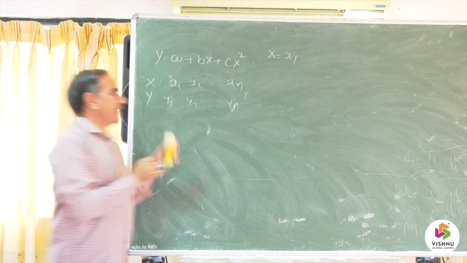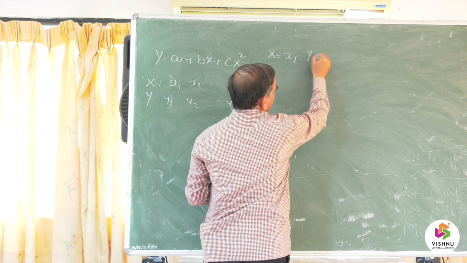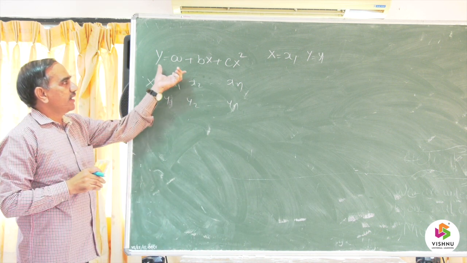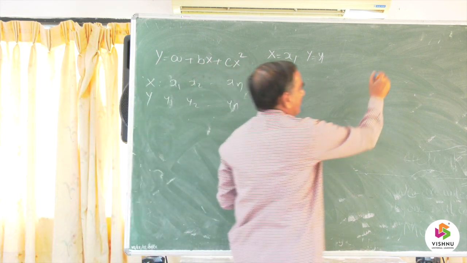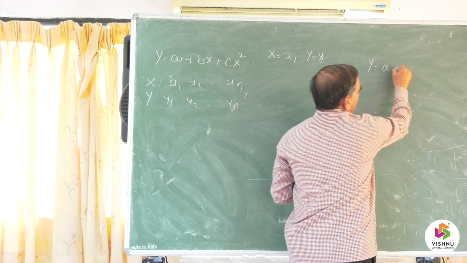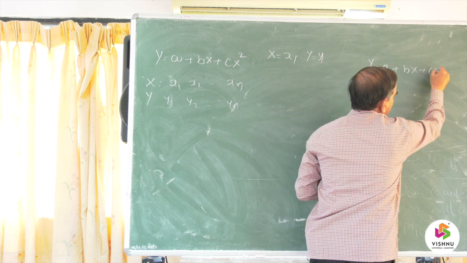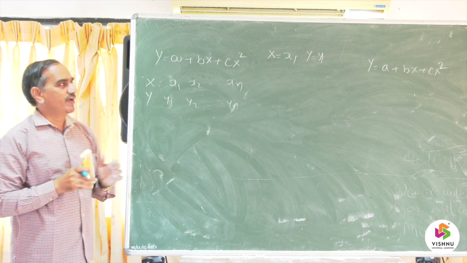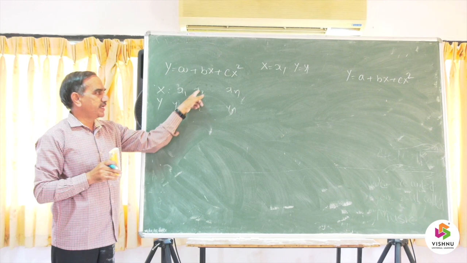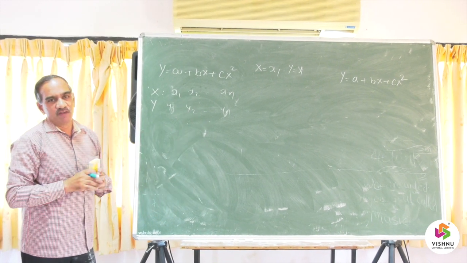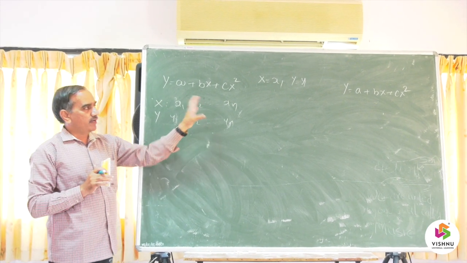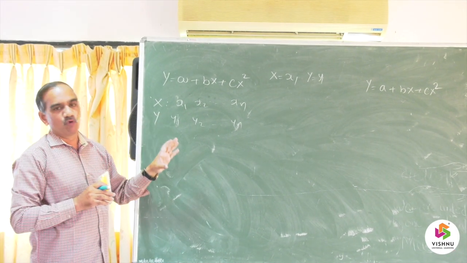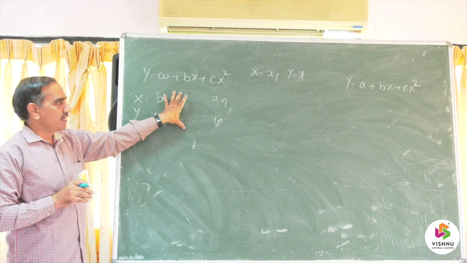And at the same time, y is also given, y is equal to y1. Okay. So as a first step, let us take one curve, y is equal to a plus bx plus cx square. Let us suppose that this specific curve is the best fit of second degree parabola to the given data for the time being. For the first step, we want to fit y is equal to a plus bx plus cx square. Let us suppose that for a moment it is the best curve for the given data.